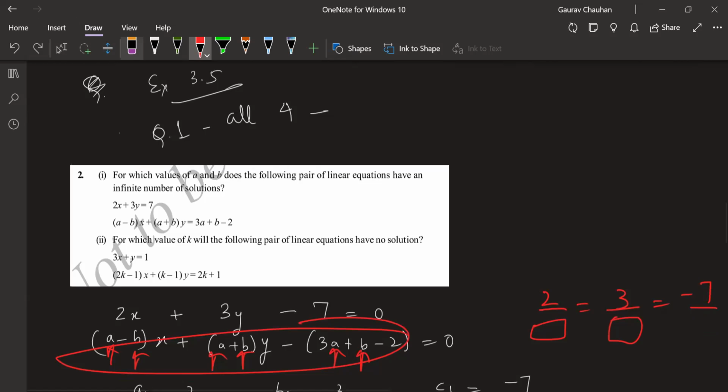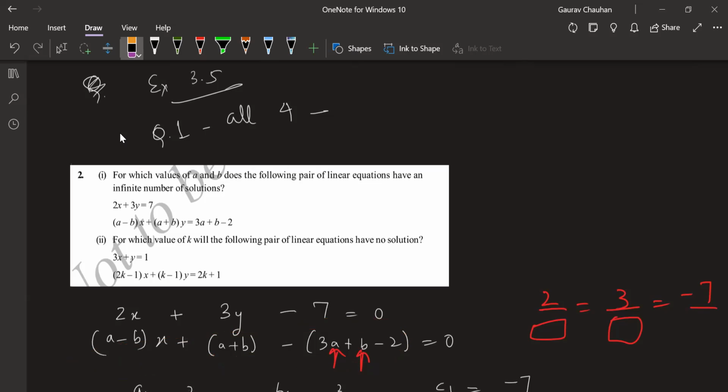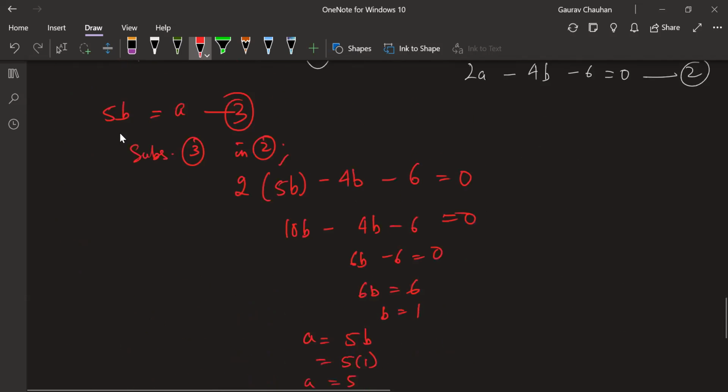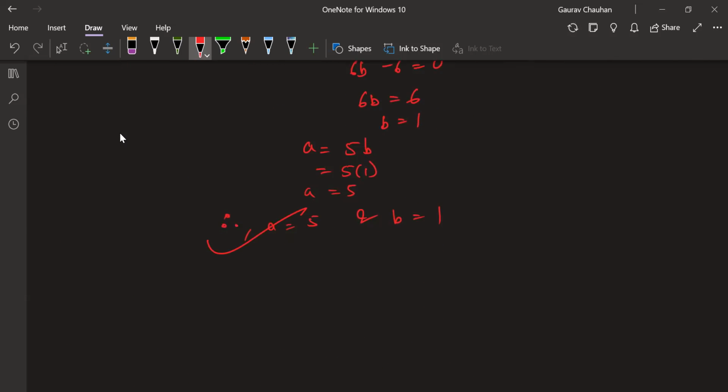Anyhow, once you get the answer, check if you have solved with respect to what the question is asked. Dikshit, check if you have gotten the answer. For what values of A and B does the following pair have infinite number of solutions? Have I found values of A and B? Yes. That's my answer. Be good? How are you feeling about this particular question?